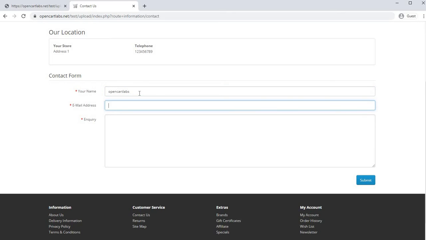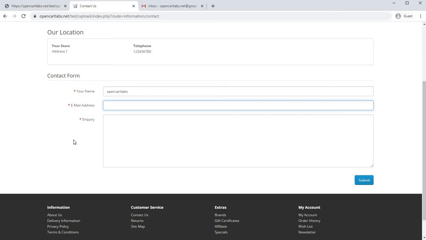Email address. In email address I'll enter the email address .net@gmail.com and inquiry: Hi, this is a test email to test the SMTP.